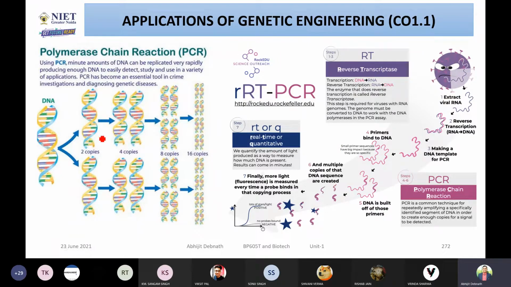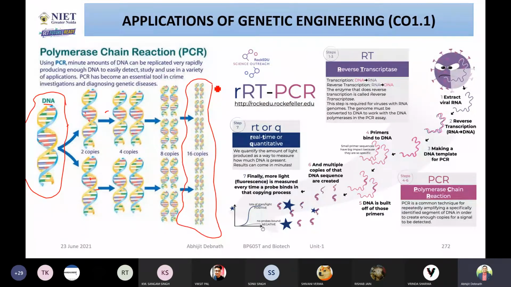You can see, this is your DNA. Okay, this is your DNA. You can make several copies of your DNA. For example, you have made one copy and another copy. From this copy, you can make two copies. And from this copy you can make two copies. When this copy is replicated, it will become 4. Similarly, you can get 16 copies from one DNA by using some enzymes and some methodology. You can get a huge number of a particular